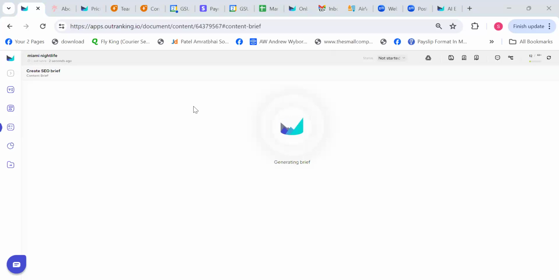So when we talk about experience and expertise out of Google's EEAT guidelines, it all comes under one thing, that is how good your research is for the topic. So if you're using AI, you put in good content as research, or if you're not using AI at all, you still need the research material that you can look into and get some knowledge and then write accordingly. So the content brief will do that work for you, where it will do all the research for you. It will come up with everything that you need when you write the content for a particular topic.